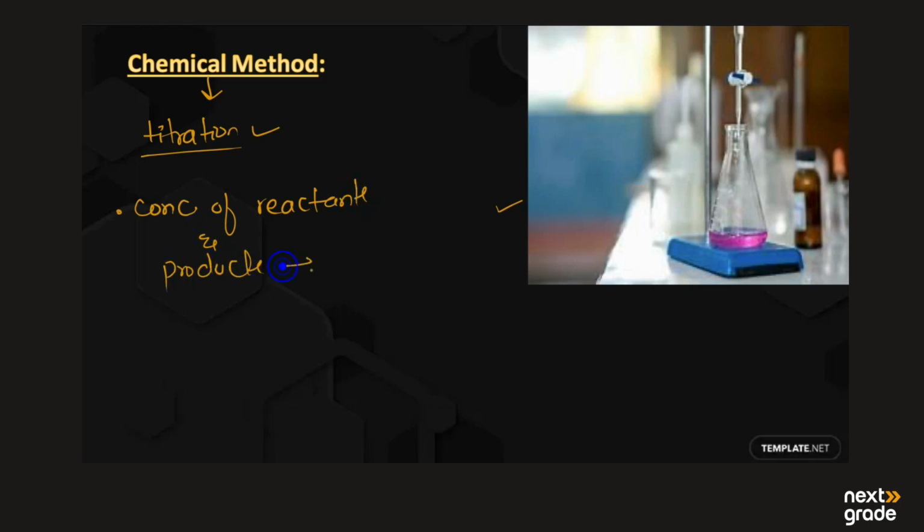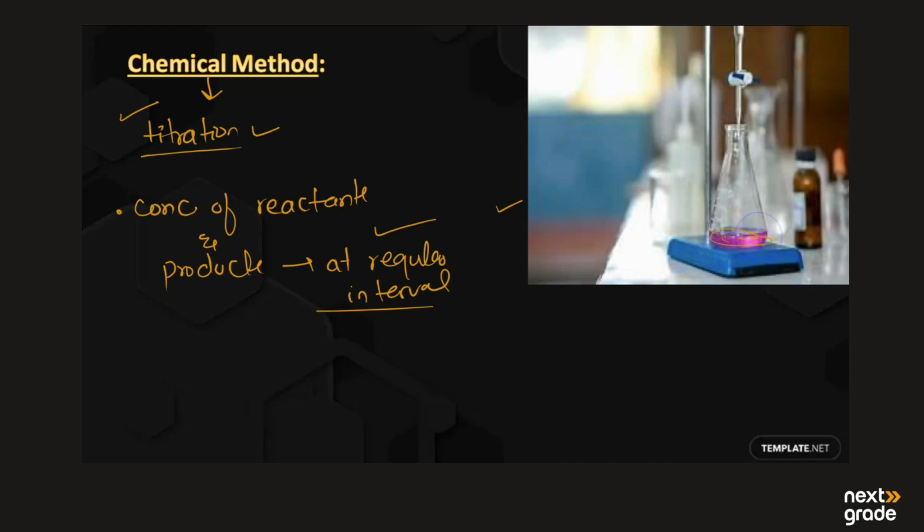So, first we have the chemical method. The chemical method that we use to recognize the chemical equilibrium state is titration. In the picture, you can see the titration. For instance, we have to take the concentration of reactants and the products at regular intervals, and we have to find it with the help of titration. We have to titrate. For example, we are going to take the